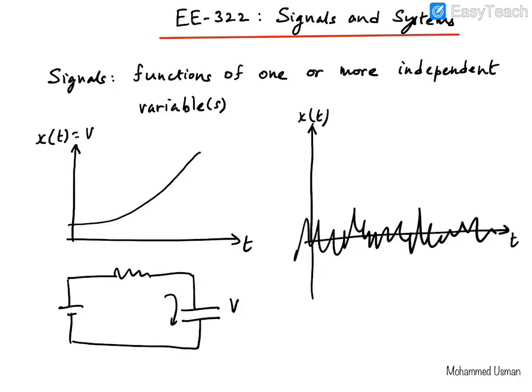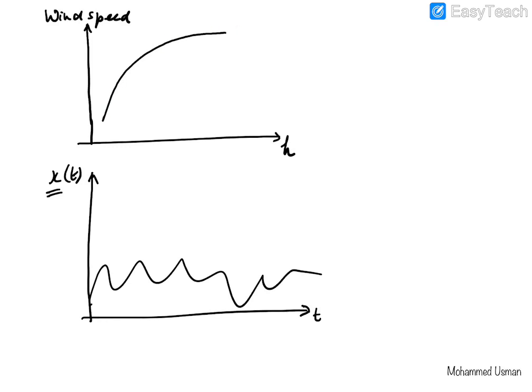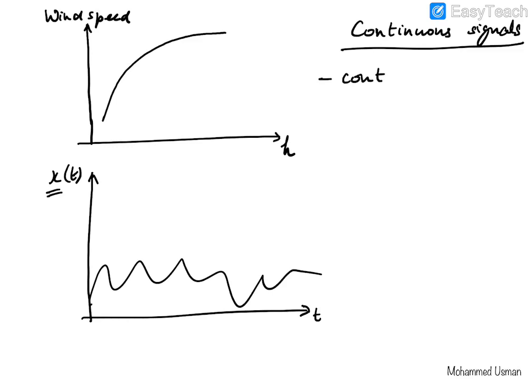So if you notice, these signals are defined for all values of time. It is continuous. This is also continuous. And this is also a continuous function of time. This is a continuous function of time. So all these signals are continuous functions. So that brings us to our first category of signals, which is called continuous signals. Continuous signals are, as the name suggests, continuous